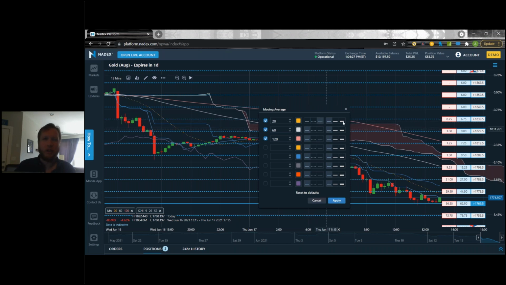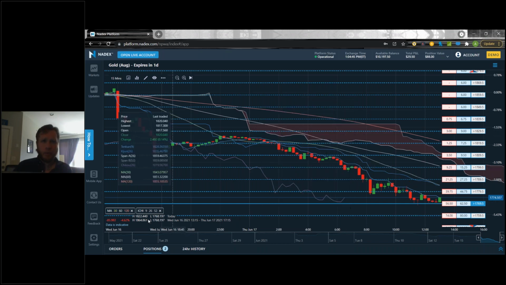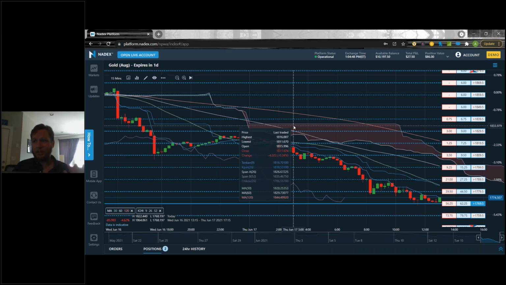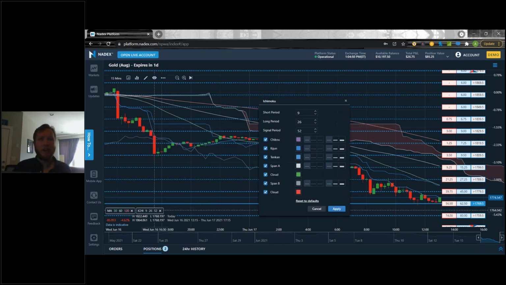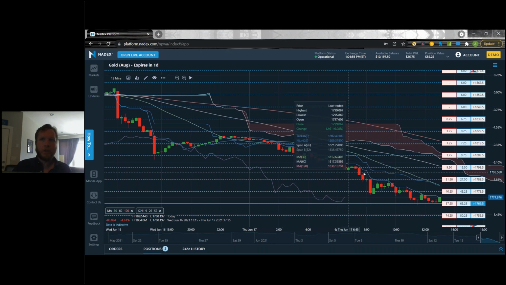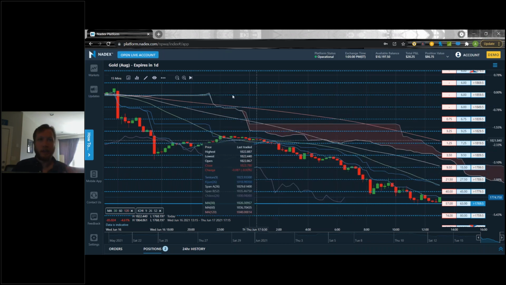So you have thicker lines. You can do all of this. You can change all your settings for all your indicators. That's going to be the bottom left corner of the chart where you have these little Ichi and MA, that sort of thing. And you do have to click apply. You see that I just exited out and it didn't save my settings there. Same with Ichimoku, right? You can do your span A, cloud, Tenkan, Kijun, all of these different little indicator settings.